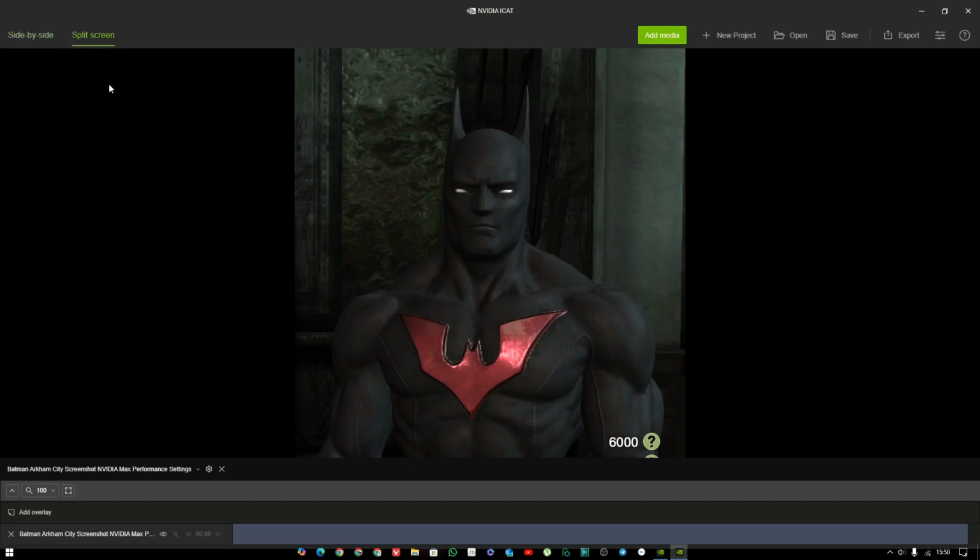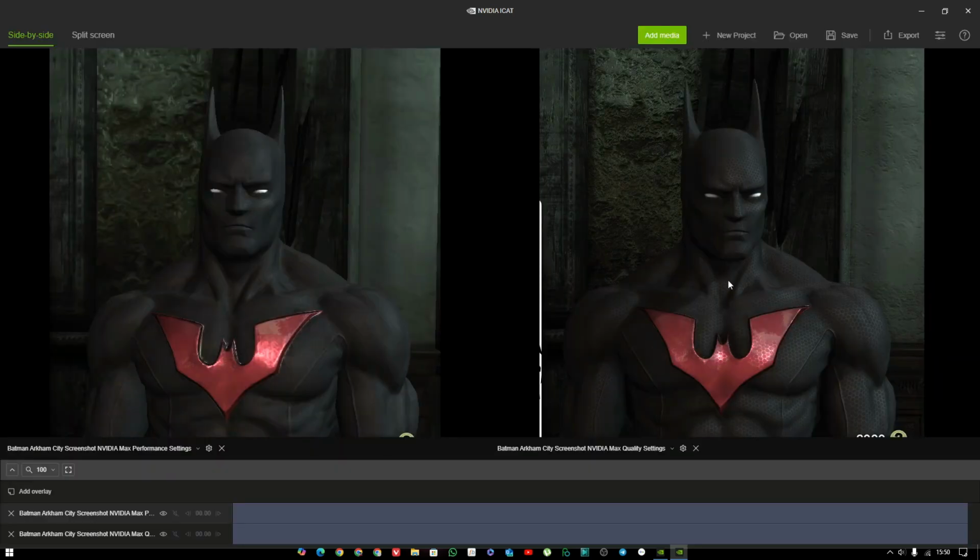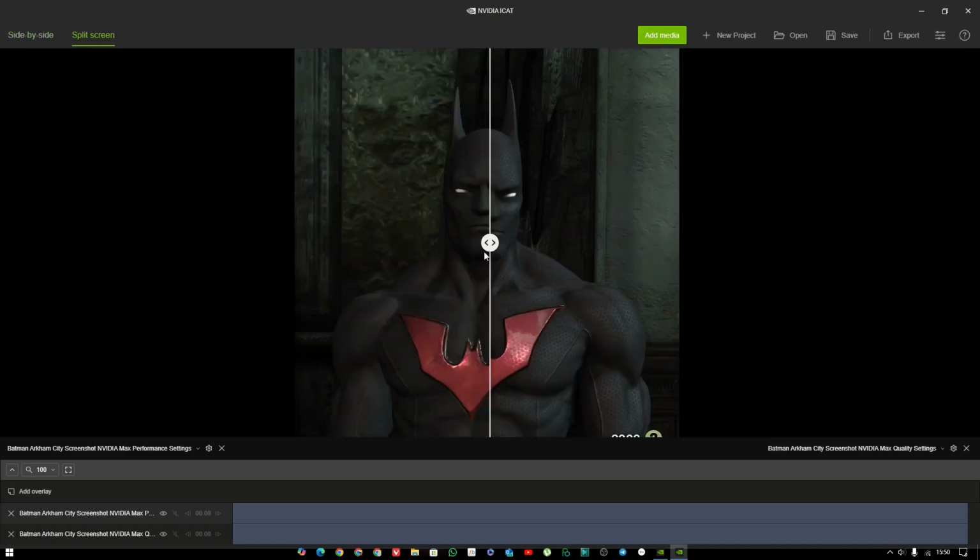Now you've got the option to do a split screen or a side-by-side. So we're going to add the max quality settings in here as well, like so, and then it'll do a side-by-side comparison. You can see from a side-by-side straight away there is a difference in the quality of the rendering, but we'll go with a split screen,